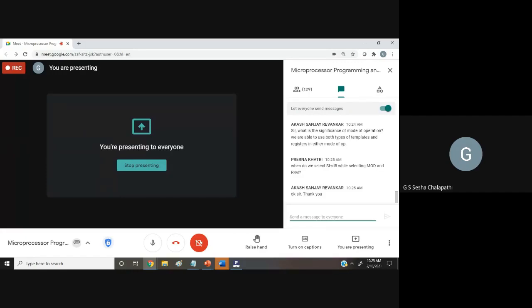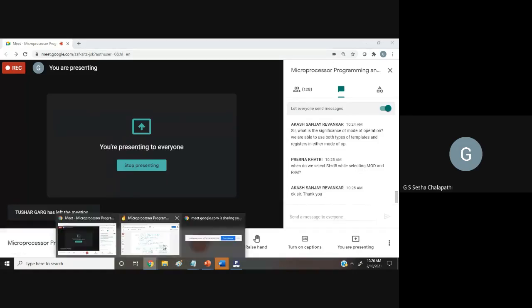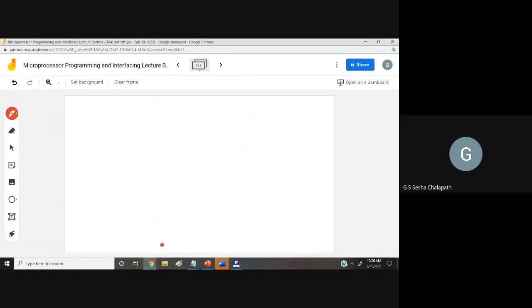That depends on the instruction. Suppose you have move AH comma SI plus 34H, or I need not even have this plus, I just have it like this. So this will be SI plus D8. Right, I think we have to move on.